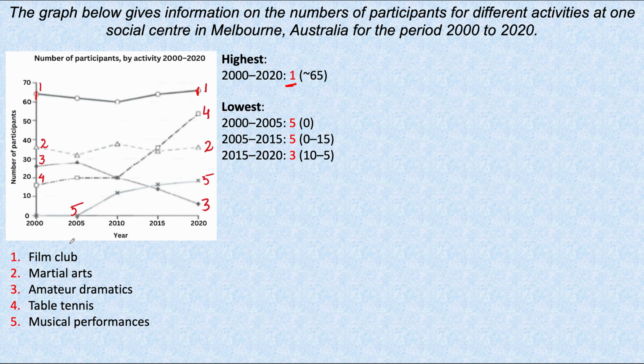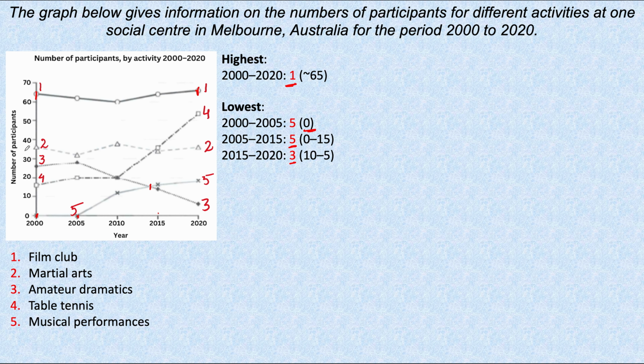Now we look for which is the lowest. The first 5 years, clearly category 5 is the lowest because it was 0. But even after that, till almost 2015, it is the lowest. We have mentioned it here. But after this, category 3 becomes the lowest. After this, we are supposed to look for anything which is very close to the highest or the lowest. This step we'll be skipping in this graph